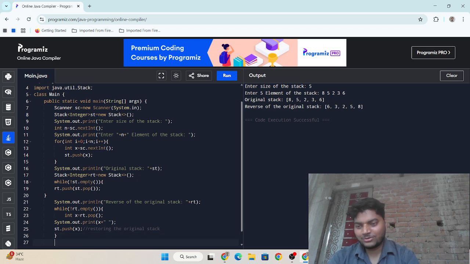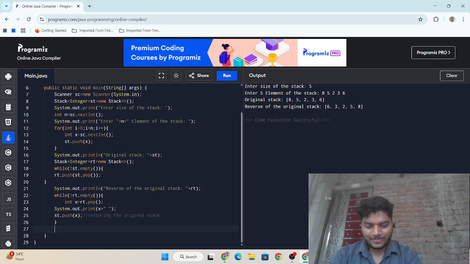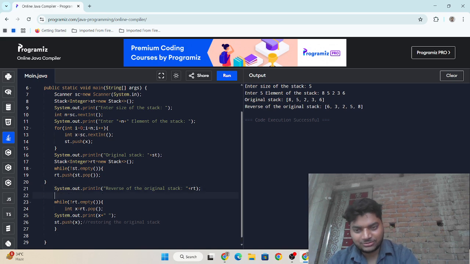And if you print this, reverse of the stack rt, this is the logic.